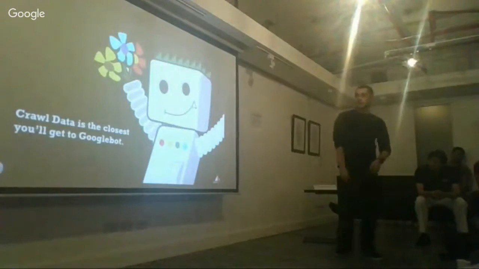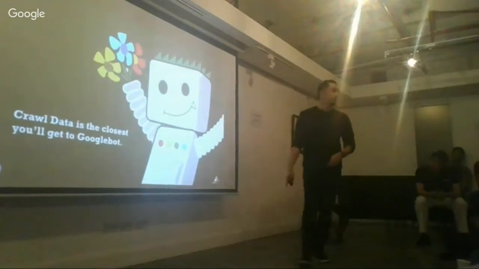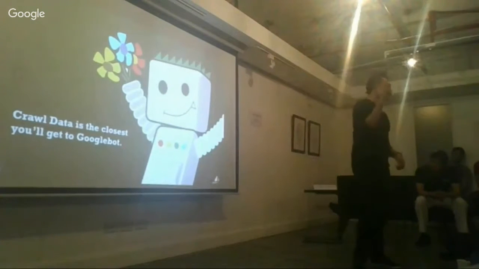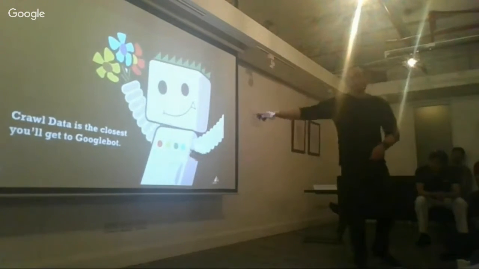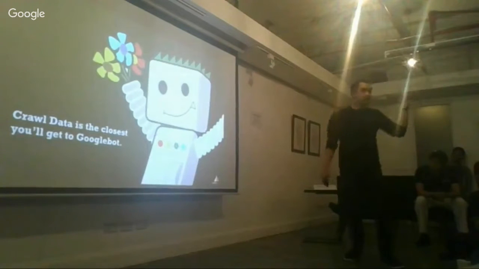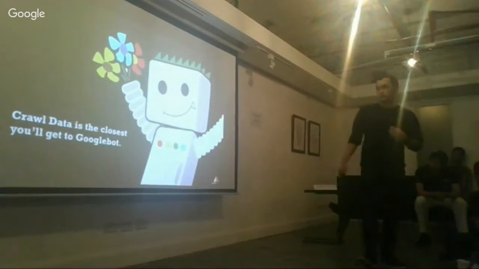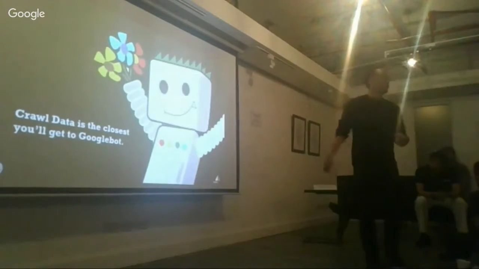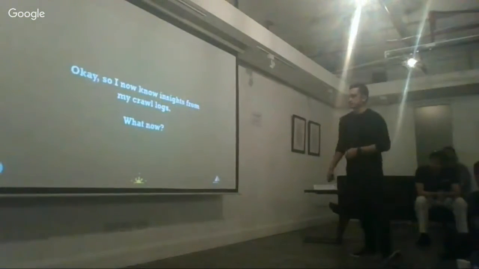So crawl data is the closest that you'll get to Google. Everyone wants to get close to Google. And this is the closest you can get. So you can actually trace where Google is going. It's not a physical object again, but it's the closest you can get. So you now know the